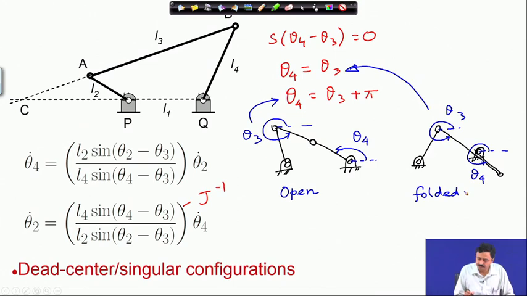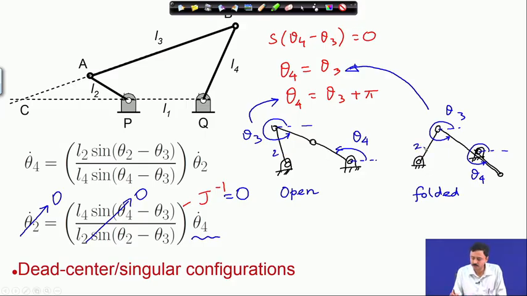Now, what happens when these two configurations occur? J inverse goes to 0. So, whatever be theta 4 dot, theta 2 dot goes to 0. So, there is no motion of link 2. Link 2 must come to a stop, it cannot move whatever be theta 4 dot. So, these are the dead center configurations which we have discussed before,